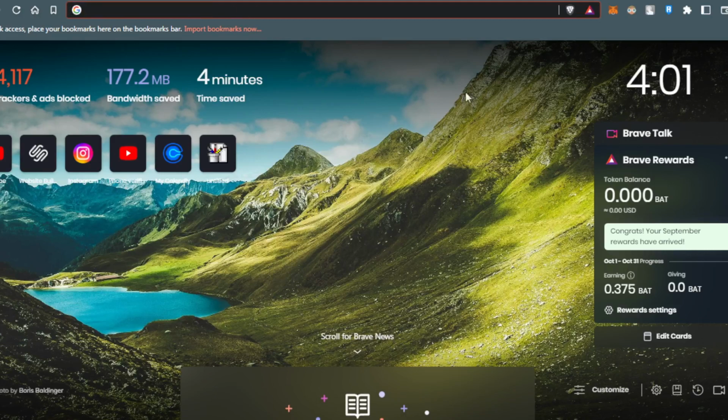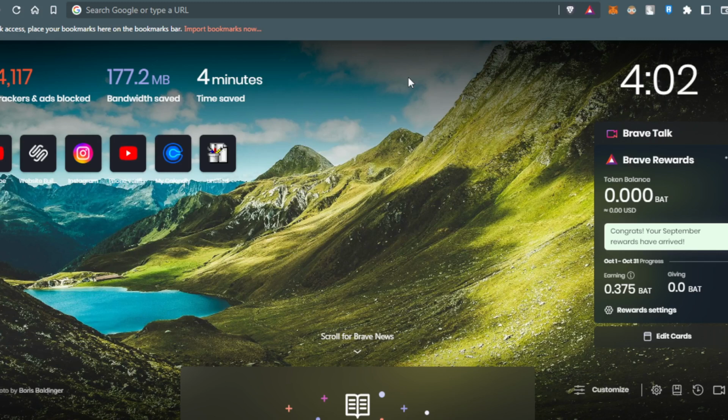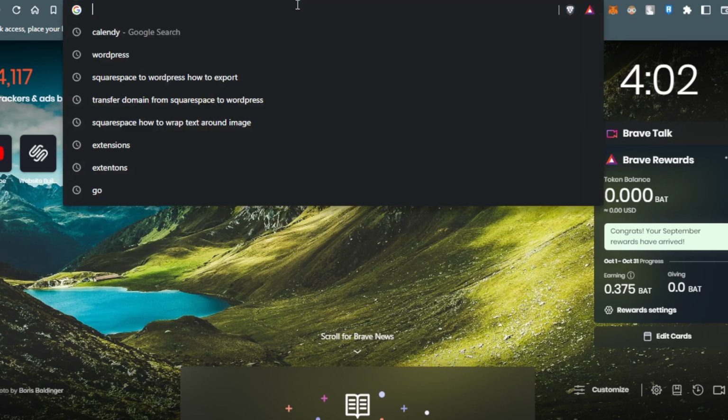So first of all, of course, you would like to open the browser that you're going to follow this tutorial with. For me, I'm using Brave, but of course you can use other browsers like Google Chrome, Microsoft Edge, Opera, and even Brave like me, or any other browser could be working for you. Then you'd like to open a new tab, go to the URL bar and type